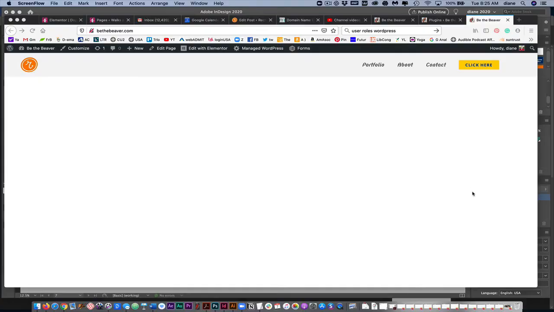All right, let's do some edits. When you're logged in, then you have this access. You see this second bar. This is terrific because when I click on edit with Elementor, I can go straight to the header, the footer, things like that. So that's what we want to edit because this typeface is terrible and yellow is terrible for